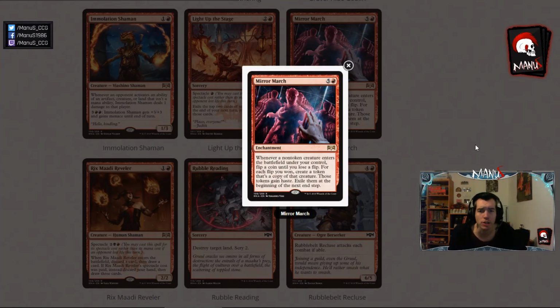Next we have Mirror March. It's a 6 mana enchantment, and when a non-token creature enters the battlefield under your control, you flip a coin. Until you lose a flip, for each flip you won, create a token that's a copy of that creature. Those tokens gain haste. So yeah, on average you obviously get to copy your creature